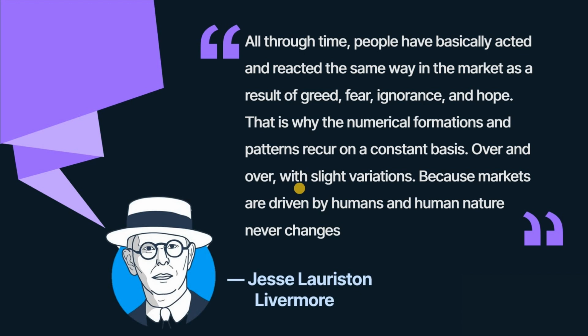A very famous trader, Jesse Livermore, has quoted that all through time people have basically acted and reacted the same way in the market as a result of greed, fear, ignorance and hope. That is why numerical formations and patterns reoccur on a constant basis. Focus on the word reoccur on a constant basis, over and over with slight variation. As I said, history does not repeat itself. It rhymes. Why? Because whatever pattern has occurred in the past could have had different buyers and sellers from the present